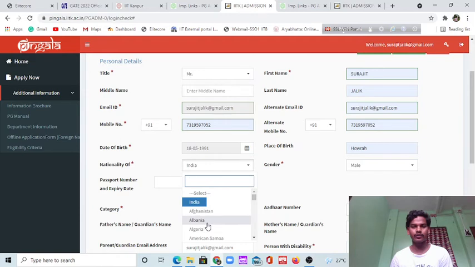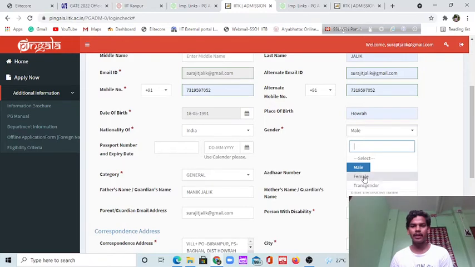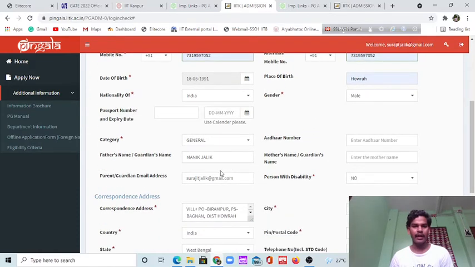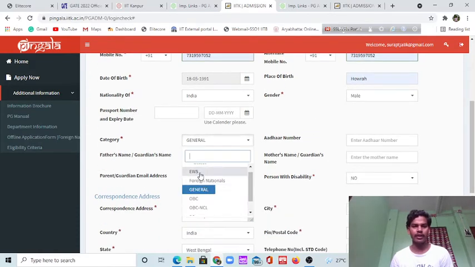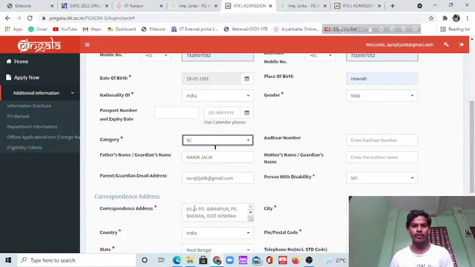Nationality, you should fill according to you. You have to fill in your gender, male or female, whatever it is, it is up to you. And you can put your category, either you are from the general category or EWS category. If you are from any reserved category, you can fill that. If you have another number, that is not compulsory, but category is compulsory. So look at this. If you have an Aadhaar card during your application time, you can put that.